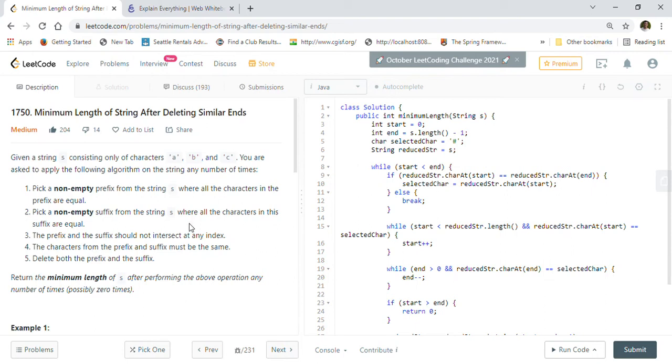Hi friends, welcome back. Today we are going to solve LeetCode problem 1750, minimum length of string after deleting similar